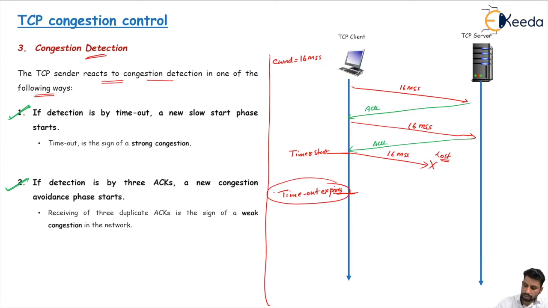Timeout expiry gives us the idea that there is strong congestion in the network, because packet loss may have occurred due to the router buffer capacity, or due to collision of the packets, or due to high congestion in the network. All these things give us an idea that very high congestion is already present in the network. Here at this point,